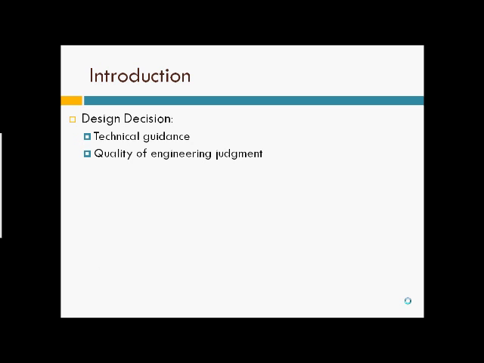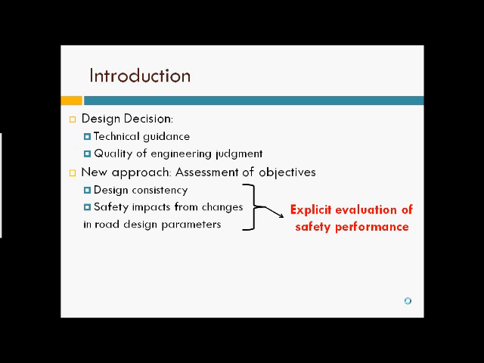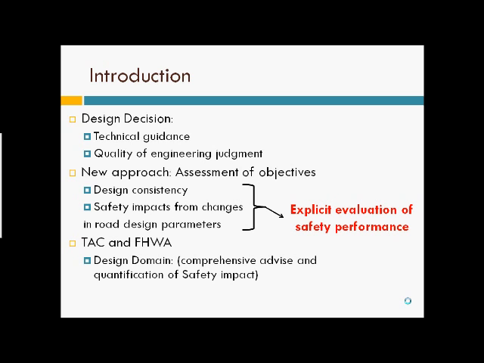As you know, the design decision is usually done by some technical guidance, which is the standards that we always use to make design decisions, and the quality of the engineering judgment. Now there is a new approach of assessment of objectives of the design consistency and the safety impact from changes in the road design parameter, and this we can refer to as the explicit evaluation of safety performance. And there are a lot of organizations that are concerned about that, like the TAC, Transportation Association of Canada, and the